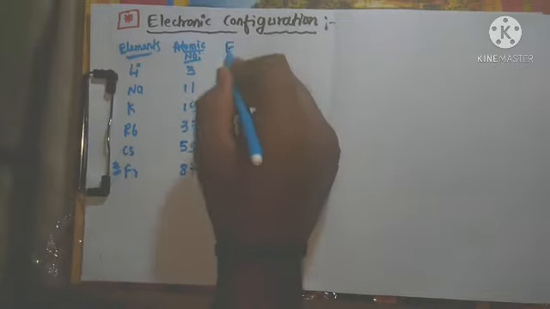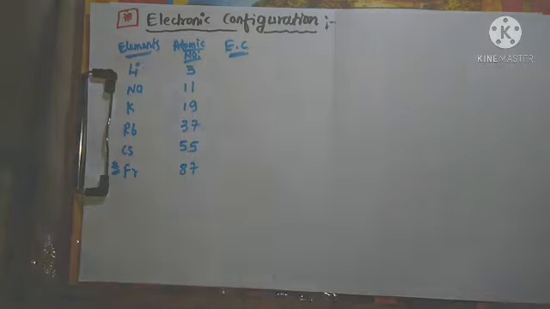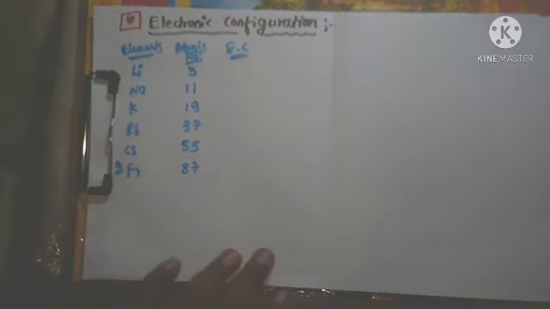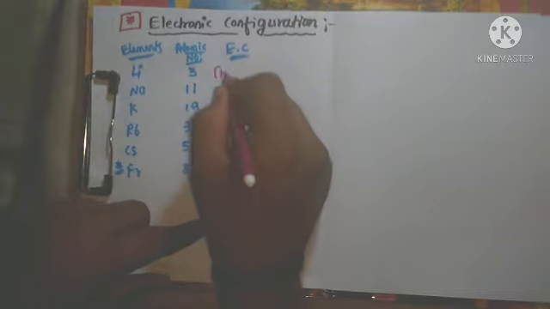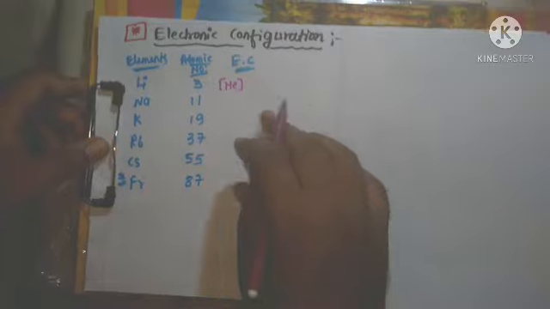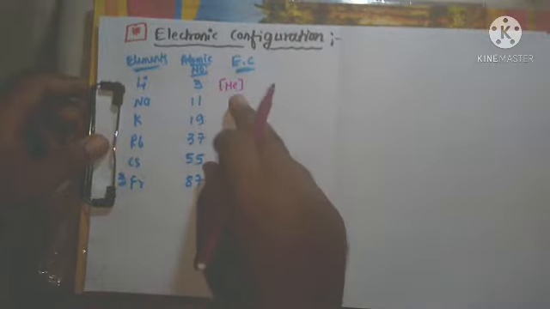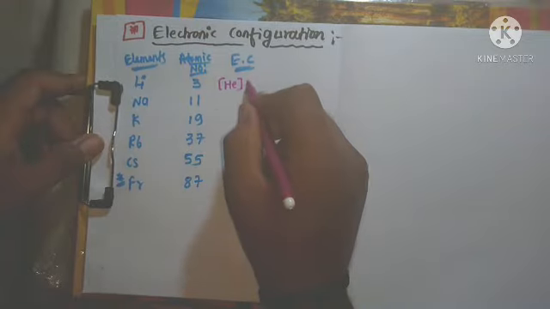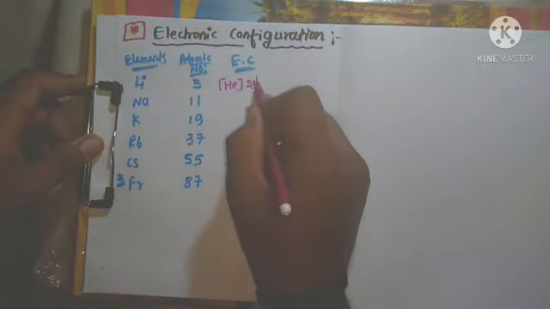Now here I will write the electronic configuration. EC means what? Electronic configuration. Now I want to write the electronic configuration. For this one I am using noble gas. Here it is noble gas helium. Helium means atomic number is 2, right? Means here out of 3 electrons, 2 electrons are entered into the helium configuration, that is 1s2, means 1 electron is left, that is here it is second period, therefore it is 2s1.